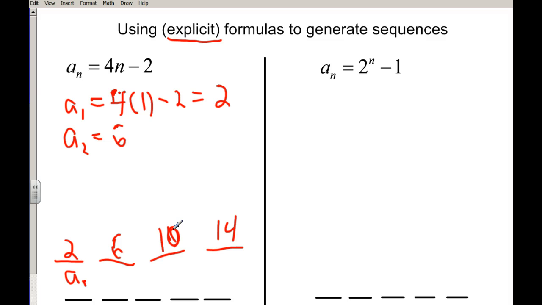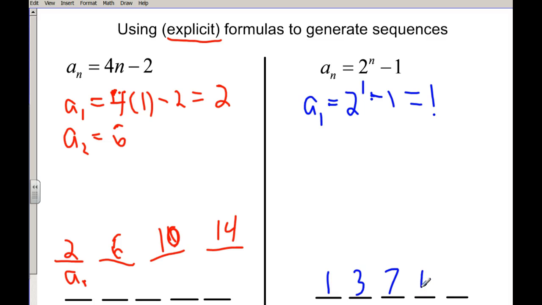The second explicit formula here is kind of like a different equation. When you have y equals 2x plus 1, y equals 4x minus 5. So it's a different sequence we're going to build here. So the first term, we're plugging in. So a sub 1, we're going to plug in 1 there, so 2 to the first power minus 1 would be 2 minus 1 is 1. So the first term happens to be 1 in this case. The second term would be 2 squared minus 1, which is 3. Third term would be 2 to the third, it's 8 minus 1 is 7. And 2 to the fourth would be 16 minus 1 is